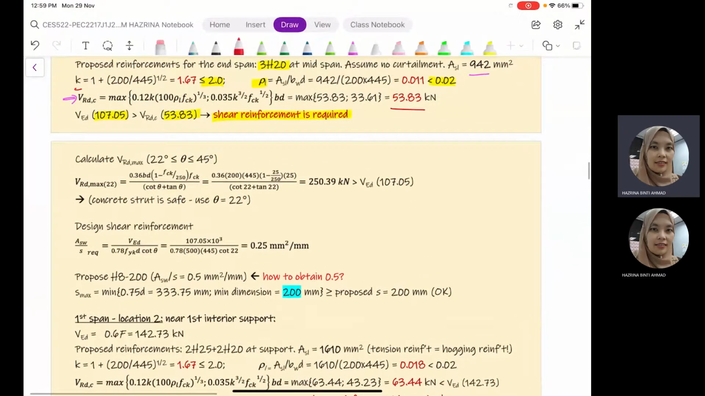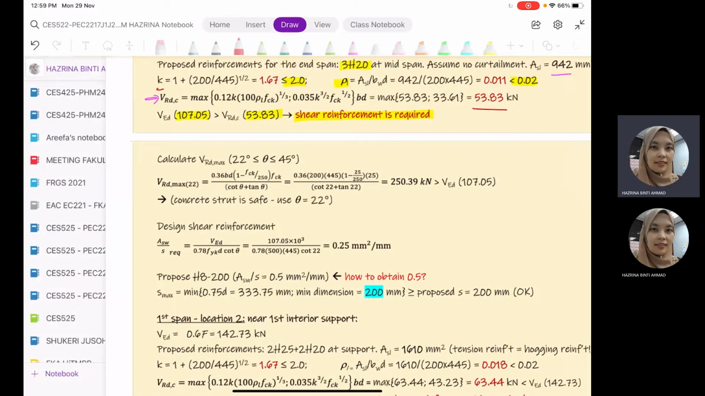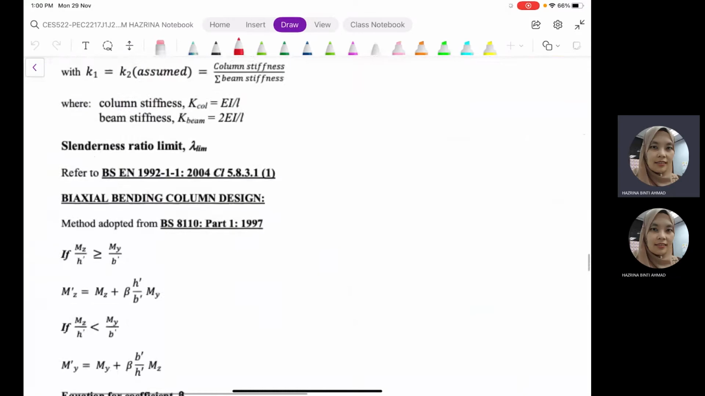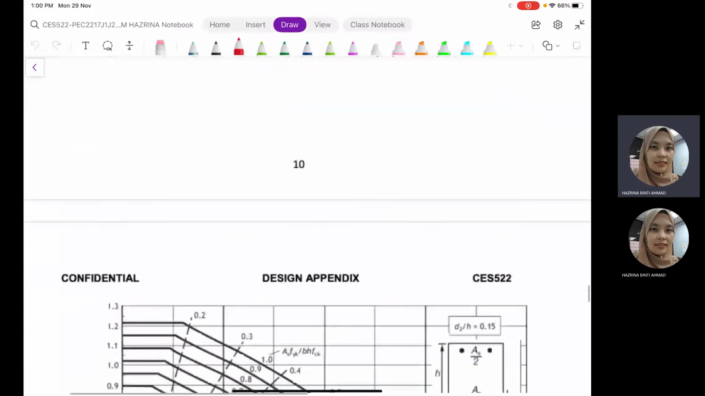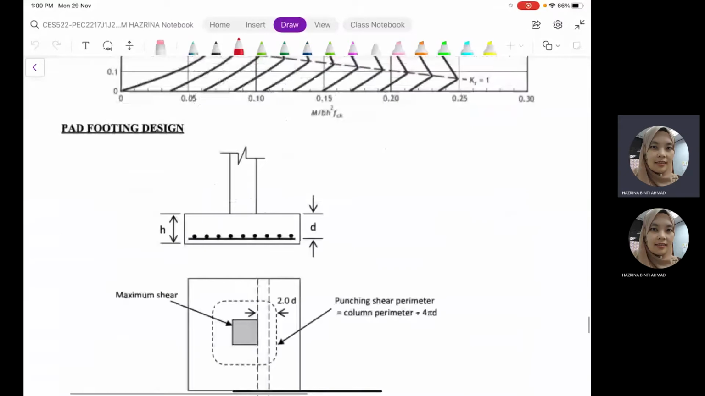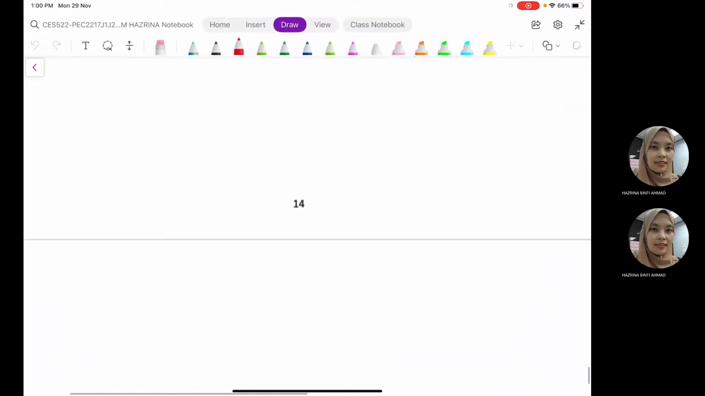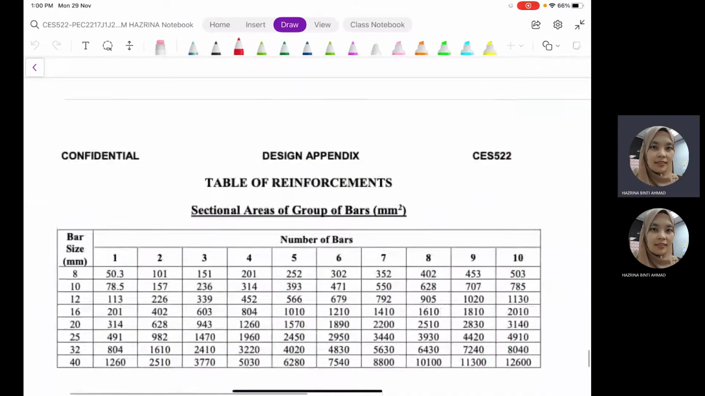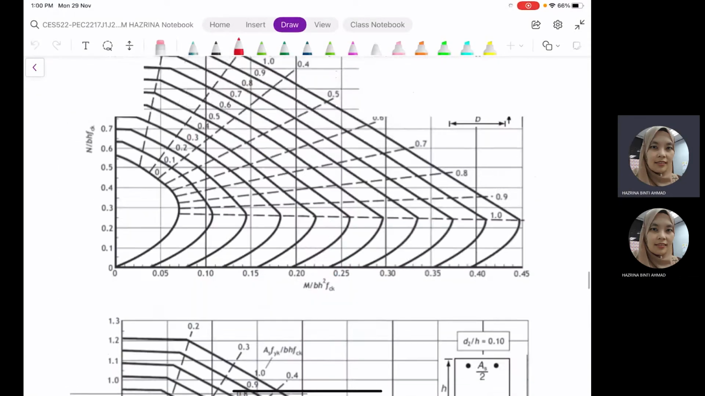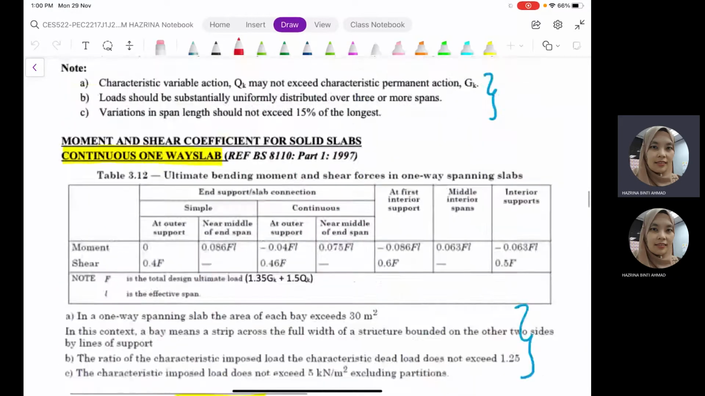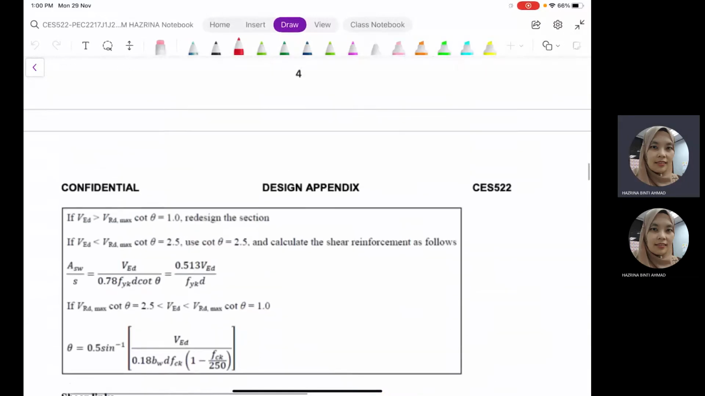You can find this equation for VRDC and also VRD max in your design appendix. If we refer to the design appendix, we should see those equations stated there. It is supposed to be here. Okay, it is not in the design appendix, so you have to refer directly to the Eurocode for the equations. Later I will give you the